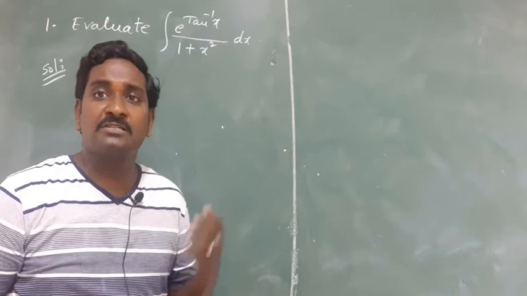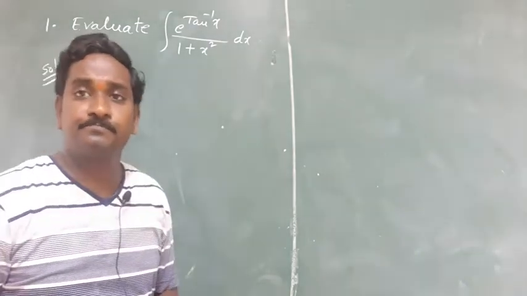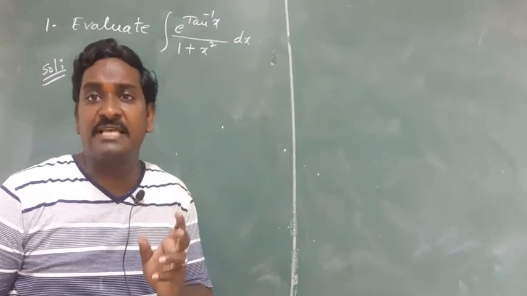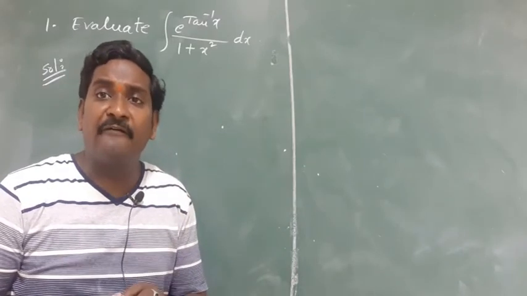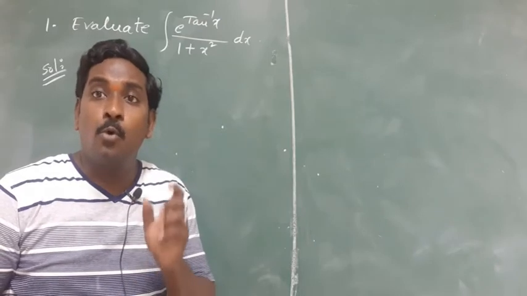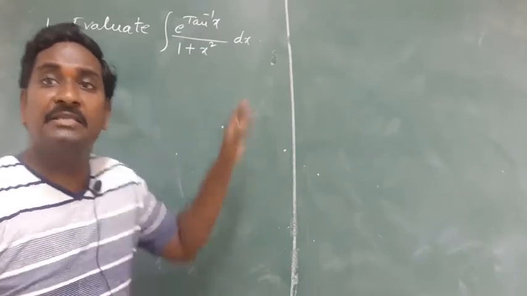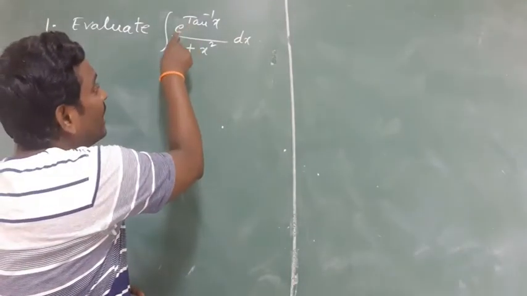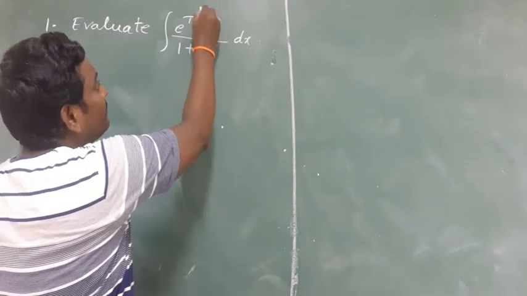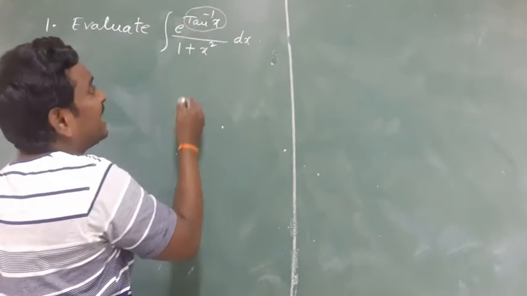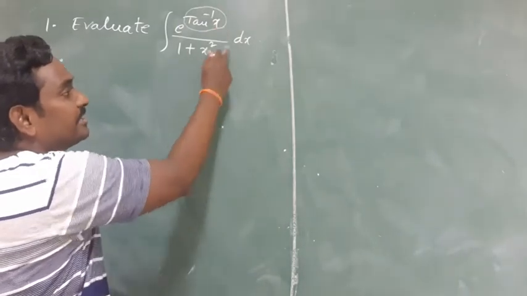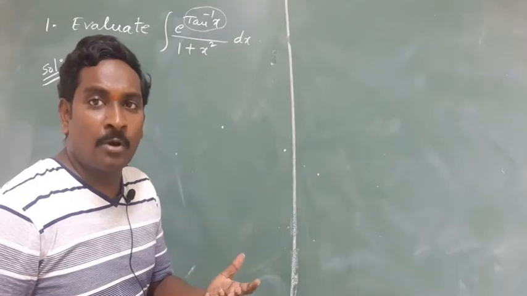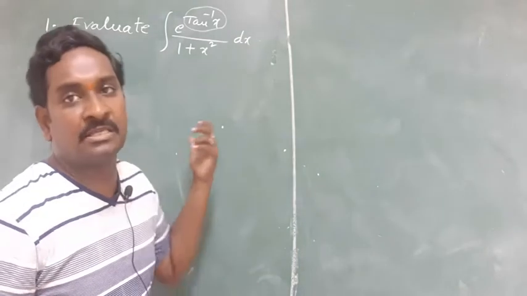What substitution is used here? For this, observe the structure of the given function once again. Definitely you will have a function whose derivative is also a part of the given function. We are observing that we have e power tan inverse x. Everybody knows that the derivative of tan inverse x is 1 by 1 plus x square. In every problem you should identify a term whose derivative is also a part of it.